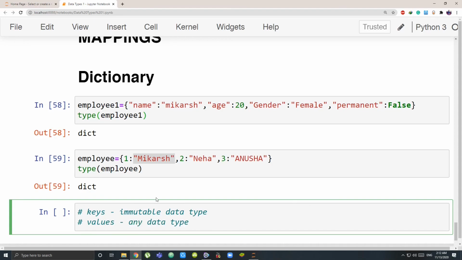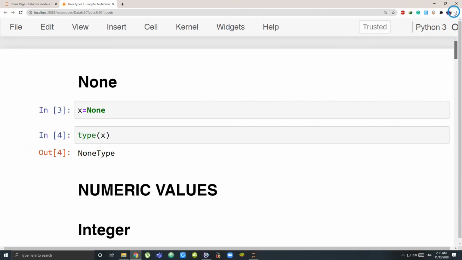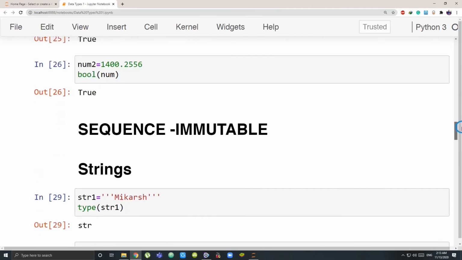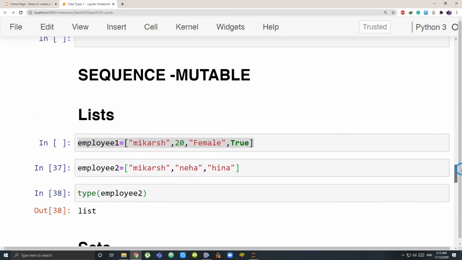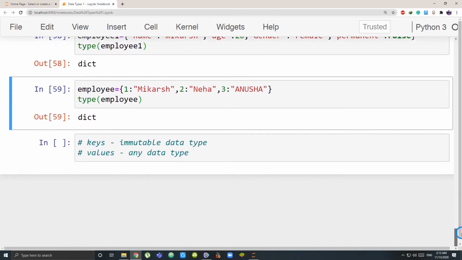And what's the use of dictionaries? They provide more efficiency to you. Instead of knowing the position and all of that, you can have more data about what your first employee is, what your second employee is, like this. So that was all about the different data types in Python, starting from none to numerical values, to sequences which are not mutable, to sequences that are mutable, and then finally to a mapping, that is dictionaries. And we saw how they are used and why they are used.